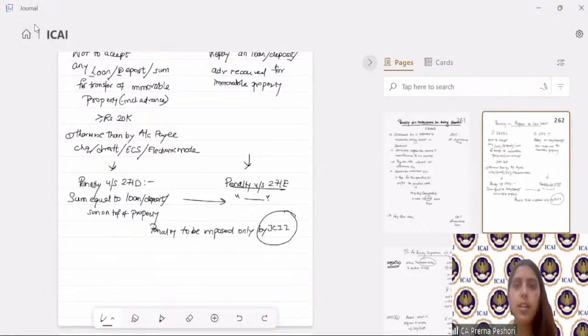Okay, let's move ahead then to the next chapter, which is prosecution. Now, what exactly is prosecution? Prosecution is nothing but that offense for which you can go behind bars. So that is your prosecution. Now, for the prosecution, there are different offenses prescribed under the Act. And what are those prosecution of the offenses? Let me just take you through the module only.